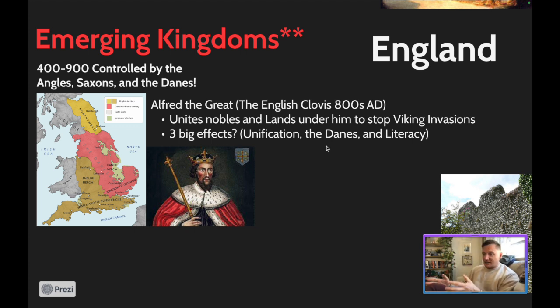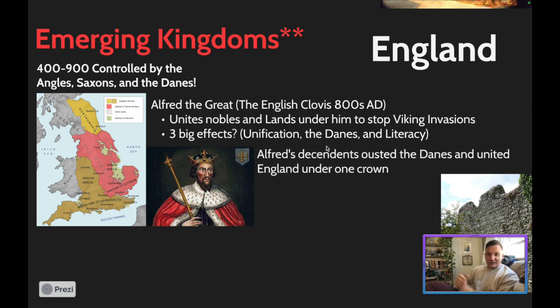He also rids the English Isles of the Danish influence and suppresses them so much that they eventually start leaving. Another really interesting fact is that Alfred the Great promoted literacy, just like Charlemagne did in the Frankish kingdom. He is going to carry on this tradition. He's going to promote literacy, and create more monasteries, more convents, and more centers of educational value. He himself was literate, and he believed that if you were going to work with him or for him, you must also be literate. So literacy will begin to grow back in England, also leading to a growth in their power.